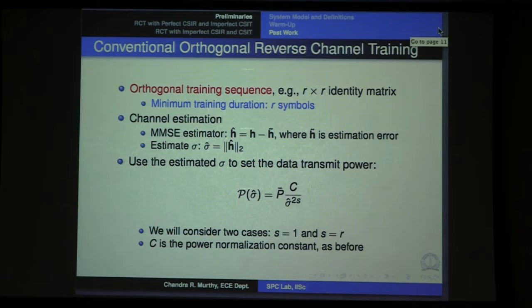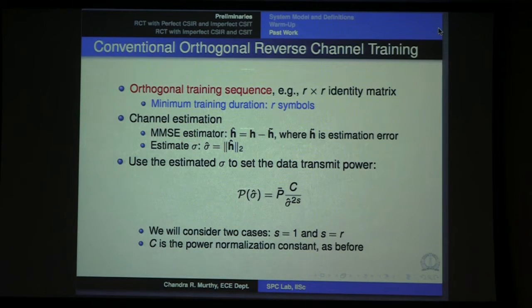Conventionally, if you want to train in the reverse link, you would use what is called orthogonal training, where, for example, you would use the R cross R identity matrix, transmit a training signal from the first antenna, then a training signal from the second, third, fourth, up to the Rth antenna. So if you use the R cross R identity matrix, you need at least R symbols to train in the